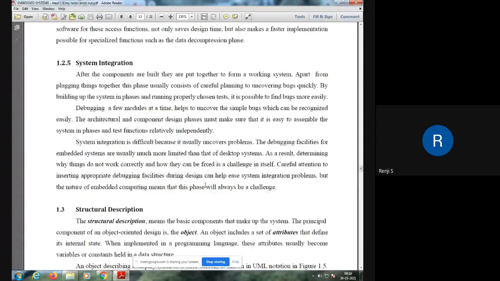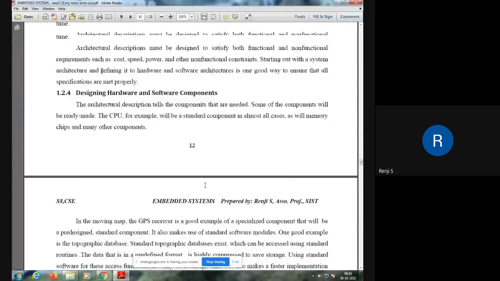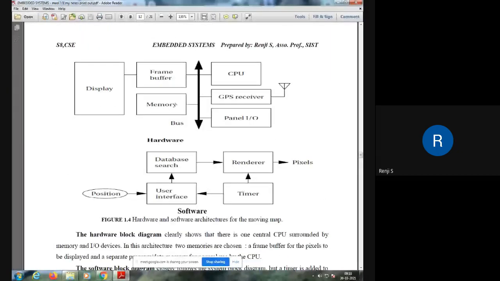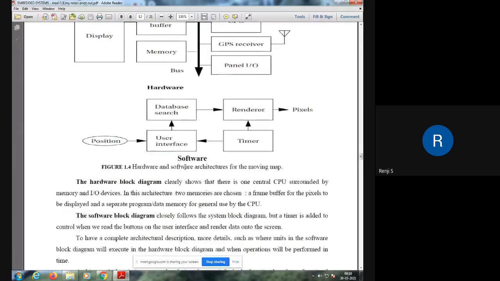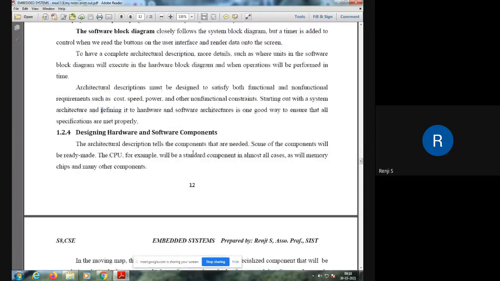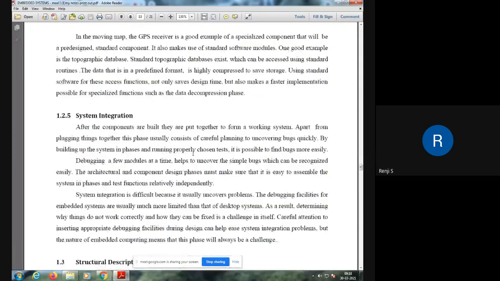Then the last phase is system integration. Once you have the architecture designed, the developers will look at the architecture. He will collect all the hardware components necessary. He will write the code for the software that is necessary, and to integrate the different hardware units, and then he will start building the system one by one, connecting each unit one by one. This is the most tedious task in the development process, because it is this phase that uncovers errors, and errors have to be fixed by the developers.